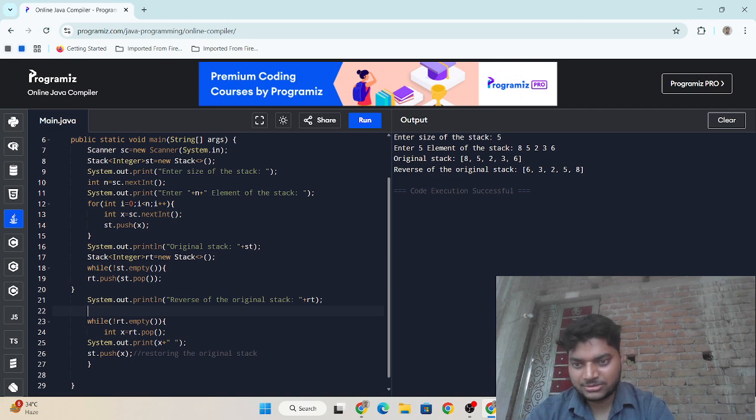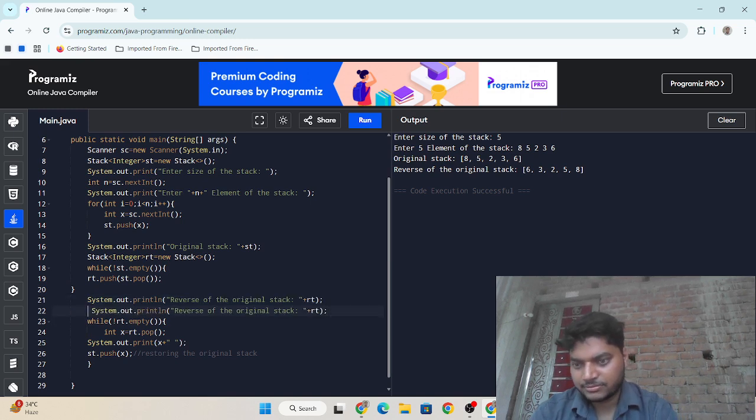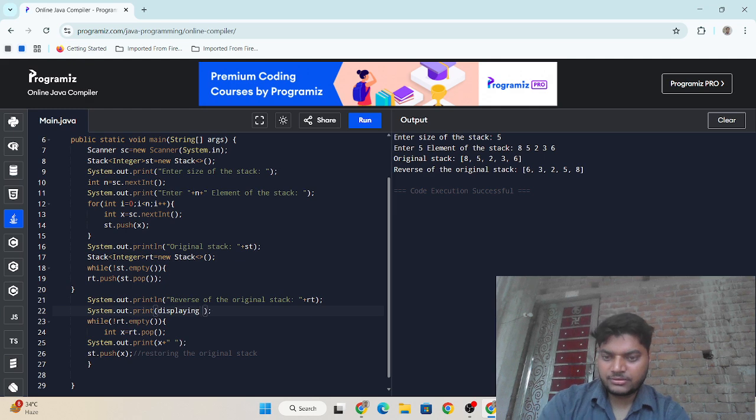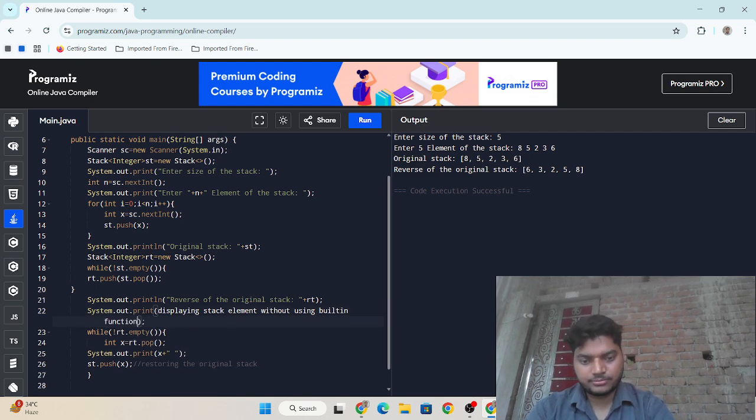Here I need to write displaying stack element without using built-in function, okay.